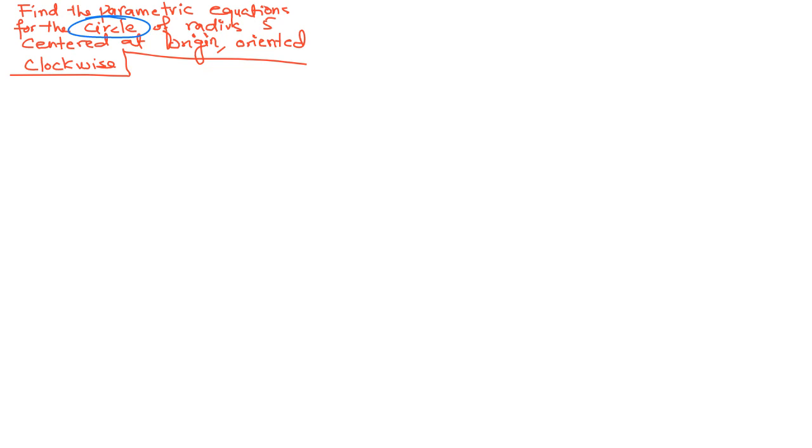This is the equation of circle. You have to know what the equation of circle is, and if you have radius 5, then what will be the equation of circle, and if it is centered at the origin, then what will be the equation, and this orientation is clockwise. These are the four important points. Whenever in the exam you find this type of question, you have to see these things. For example, in the exam I might give a different radius, for example 6, I might give a different center, maybe 1 and 1. If I give counterclockwise, this must be changed.